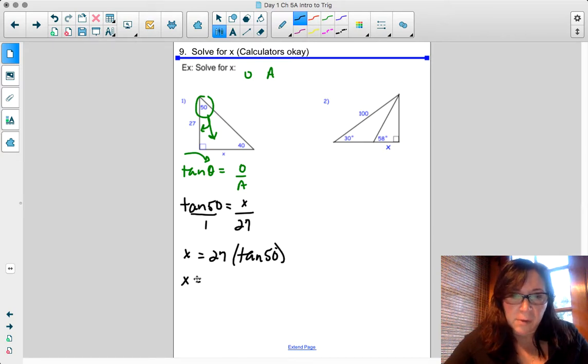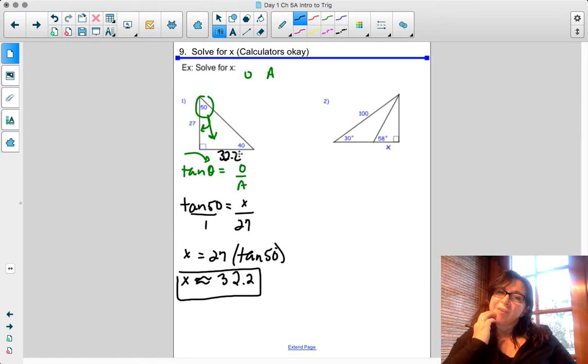So x is about, and I'm going to use squiggles, 32.2. Remember, it's not a degree because we're finding the side. So this is about 32.2. Something to remember